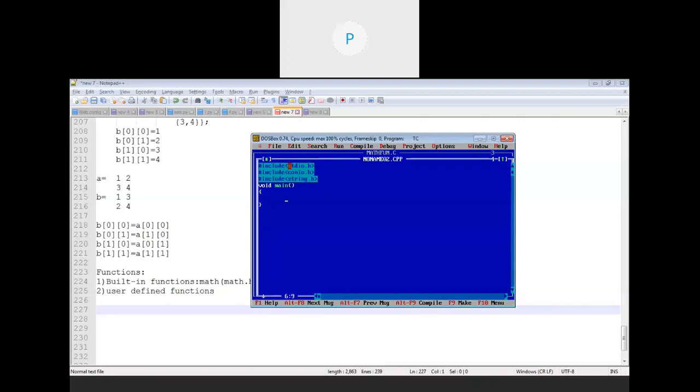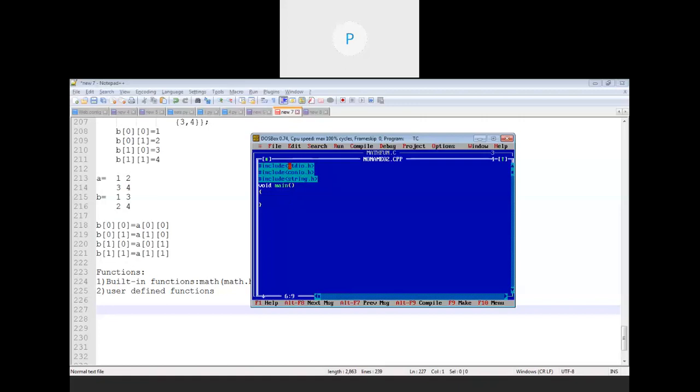Okay. Now, string. What exactly is a string? How to take the user input for a string and how to display the string. That we will learn first. And after that, I'll start with the examples, or you can see the functions of strings. Okay. So, string is nothing but a collection of characters, and the collection of characters can be taken only by using a character array. Okay, so string is mainly used to store the collection of characters.